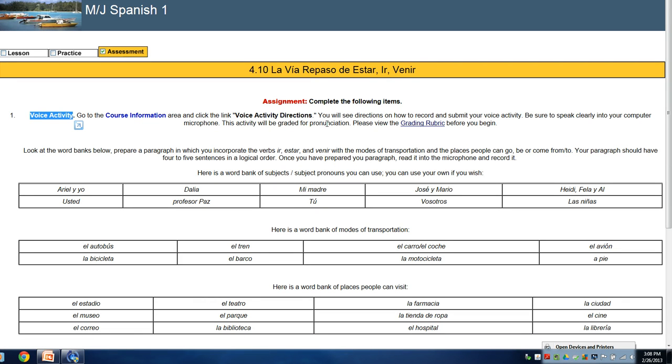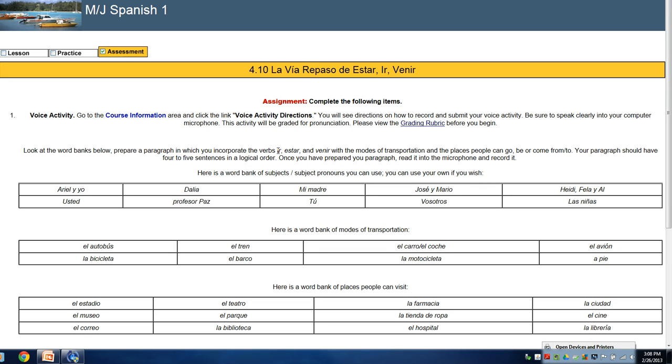Okay, so for this activity, you're going to record your voice, and you're going to write a paragraph. Now, that's the most writing that you've done, but remember, a paragraph is just a string of sentences together. So you've had plenty of practice putting together good sentences in the last 3 modules, and so now you're going to put them all together in a way that's related, okay?